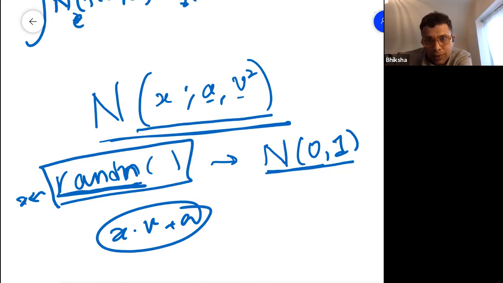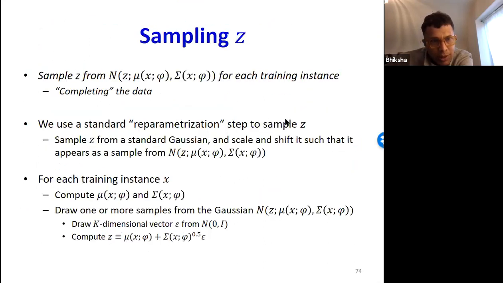That's all you do. And this is what we call the reparameterization trick. You draw a sample from a standard Gaussian, multiply it by the square root of the variance, the standard deviation, and then add the mean.